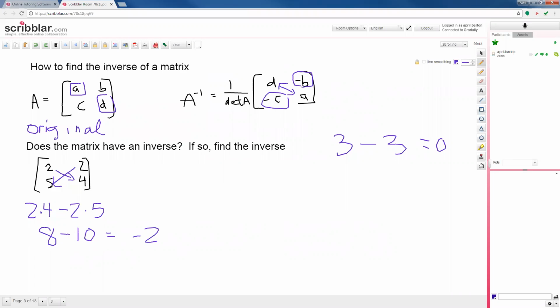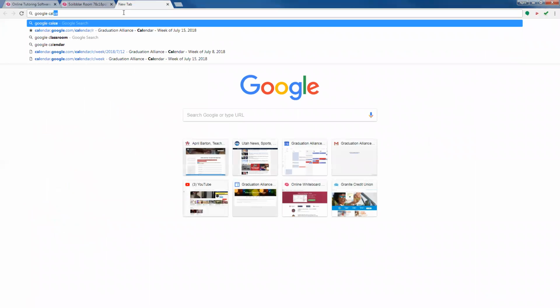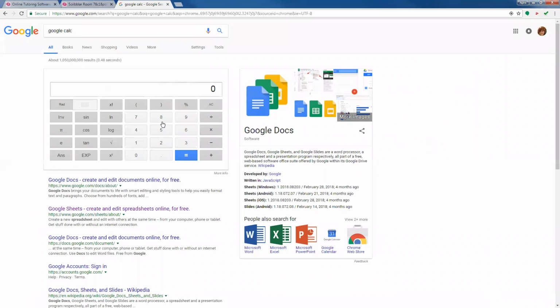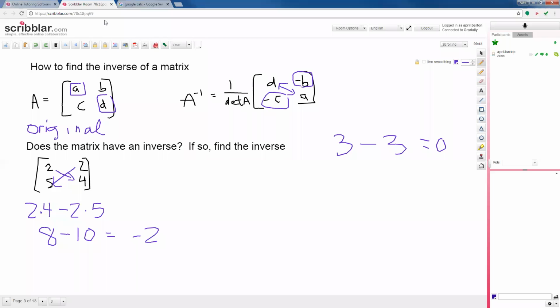You are welcome to use calculators in any of the courses though. You can use online calculators, you can use handheld calculators, it's whatever you want. I often just Google Calc and use an online calculator. And you may use calculators on the final as well. So if you're not sure about your positive and negatives, use a calculator. They're super helpful. So that's the determinant.